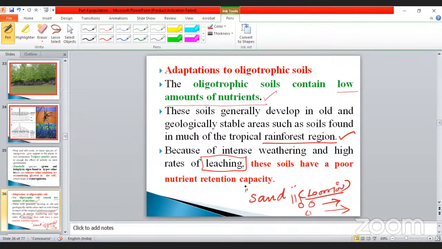Again, repeat for you. Oligotrophic soil contains a low amount of nutrients. Why? Because of the process of leaching. These are the properties: it has large soil particles, and they do not have the capability to hold water molecules. It does not have hydrocolloidal capacity. So during the rainy season, the nutrients already present in it are eluted from the soil. Whatever little nutrition is present adheres on the surface of the soil particle. Okay, my dear, that condition is called leaching.